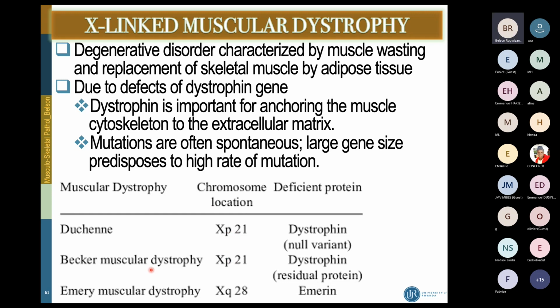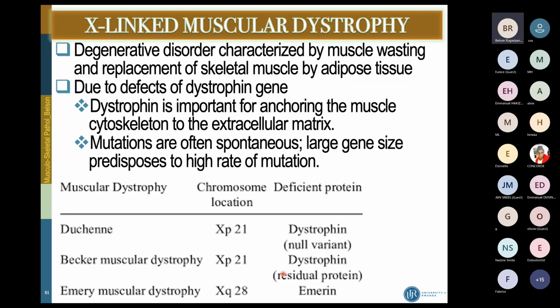Duchenne and the Becker muscular dystrophy, they have mutation in the same area in X chromosome short arm region 2-1. And here in Duchenne, protein zakorwa izaba ibuzemo dystrophin ibwayo ntabwo izaba ihari. Mu gihe muri Becker muscular dystrophy,